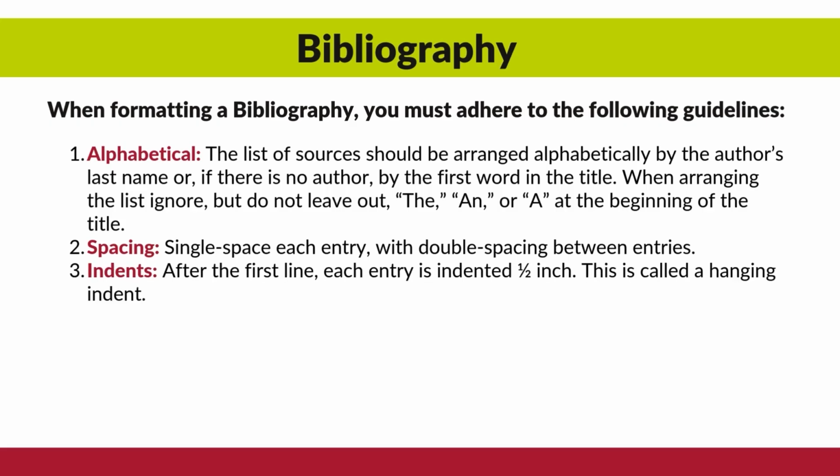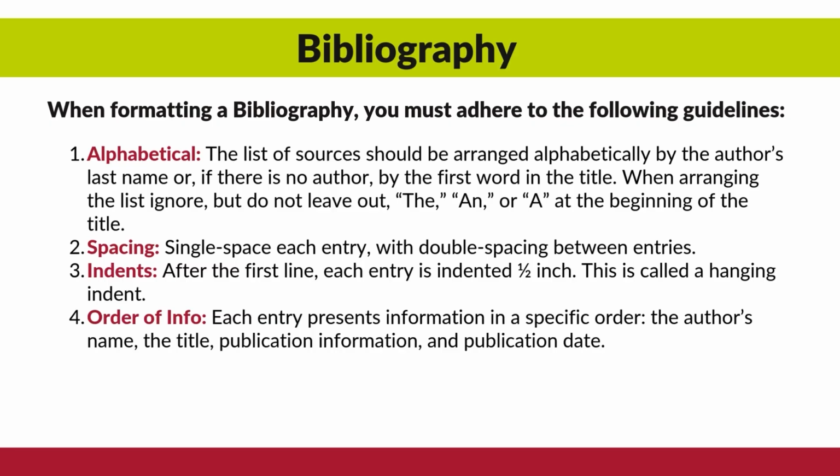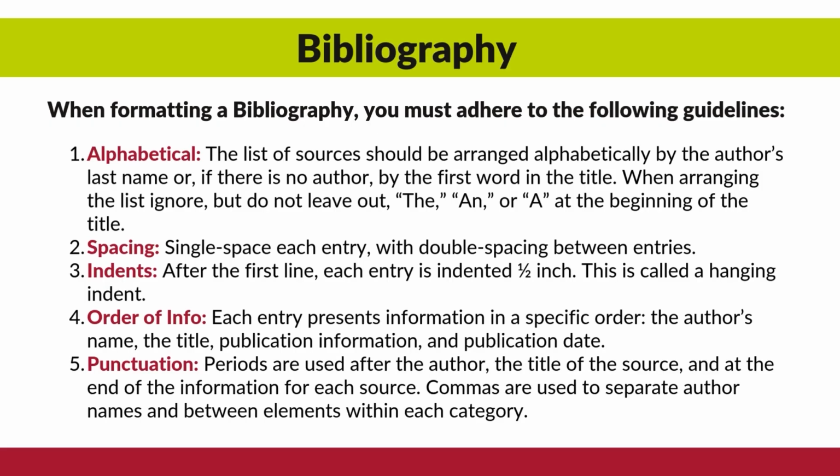After the first line, each entry is indented 1/2 inch. This is called a hanging indent. Each entry presents information in a specific order: the author's name, the title, the publication information, and the publication date. Between the author's last name and first name, there should be a comma. A period will follow the author's first name. After the title of the work, regardless of the source type, you will need to include a period. Punctuation will vary after the title of the work depending on the source, so please review the Chicago Footnotes and